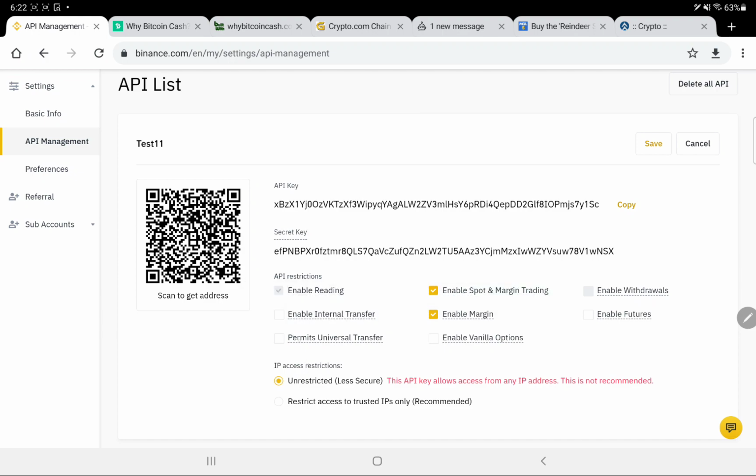So we will click on that. We will click enable transfer. We will click on enable futures. The other options we won't require. We only click these two options. This option we won't require. This option we won't require, because you should never send anyone to these options,